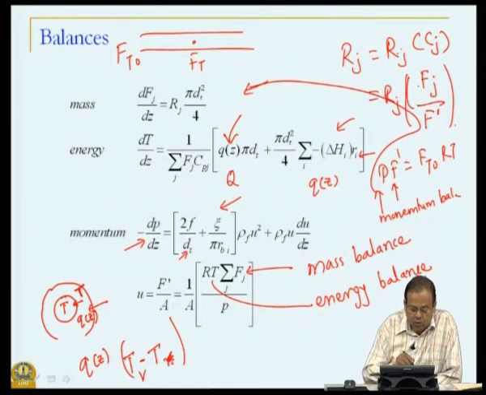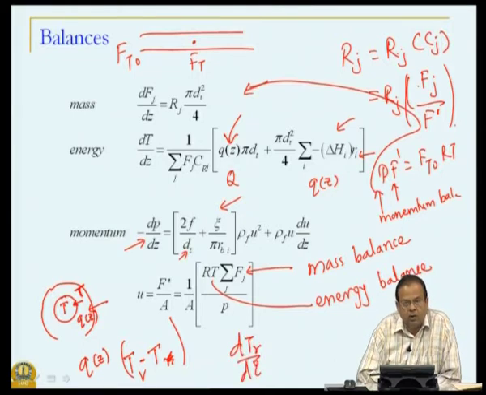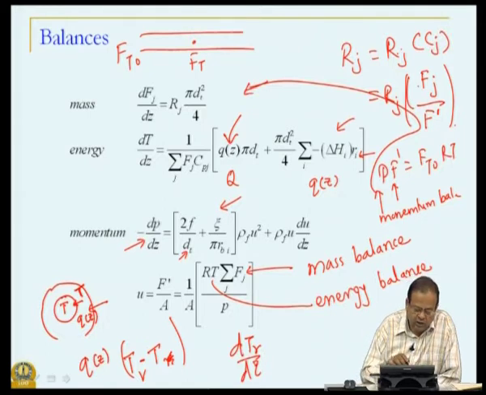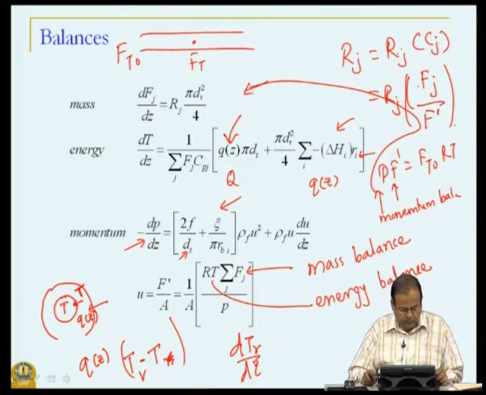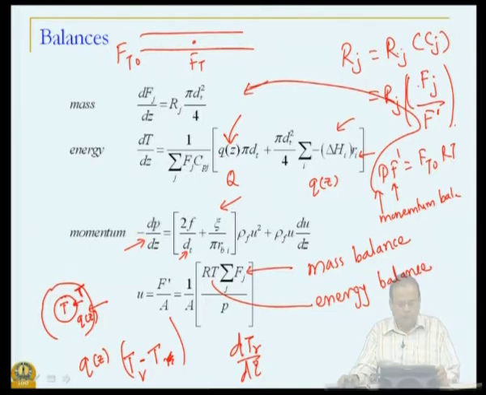So, we can add one more balance for how TR changes along the length of the reactor. That will depend on the burning rate or burning efficiency of the flue gases and so on. So, we can go on expanding the model in terms of the details that we want. But what we saw here was the base level model, where we just assume that there is a certain heat flux that we can achieve, and that it changes along the length of the reactor. So, this was our first case study.